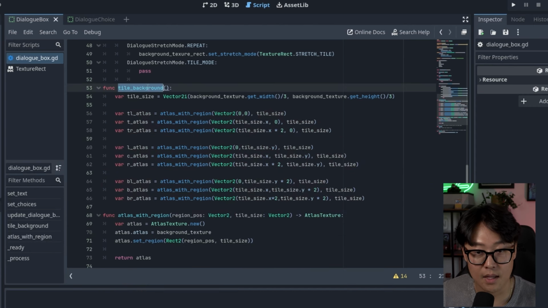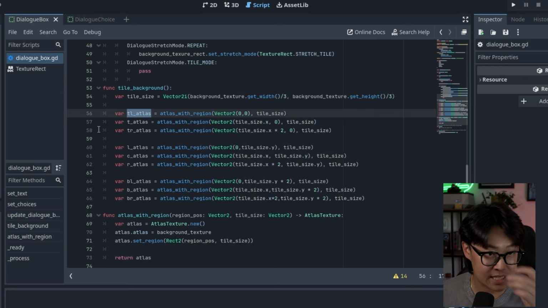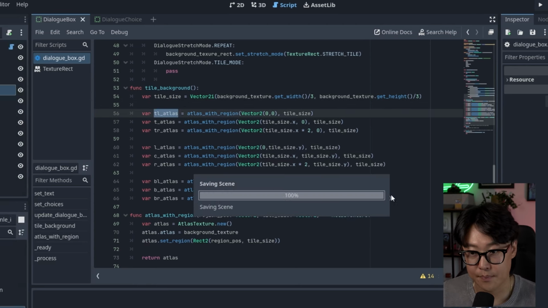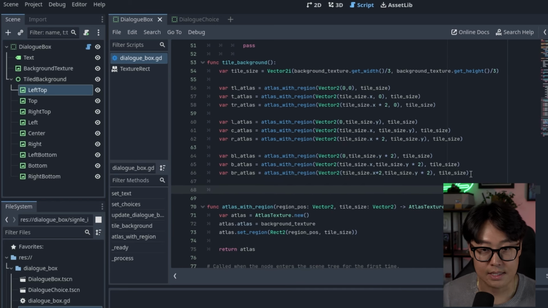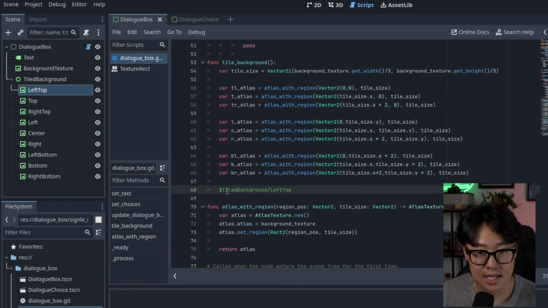All right, cool. So we have all the atlases, and that means we want to assign these atlases to each one of these things. That should be easy enough, right? We got left top,